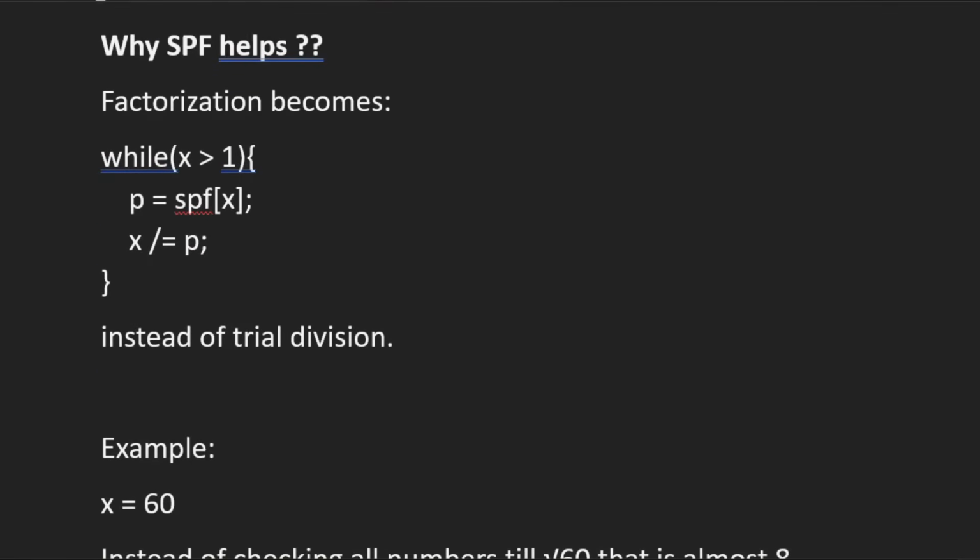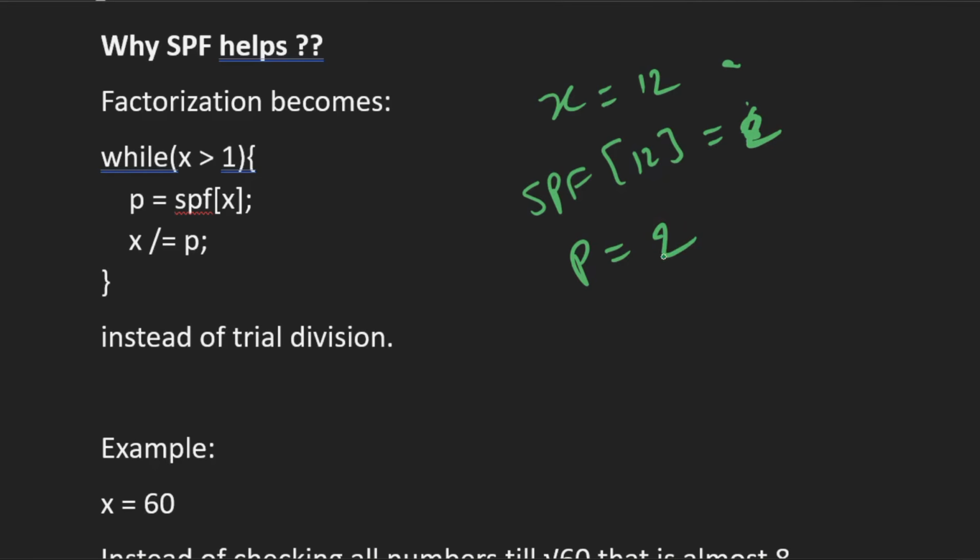Let's say we have x equal to 12, right? SPF of 12 is 2, sorry, SPF of 12 is not 6, it is 2. So our p will become 2.